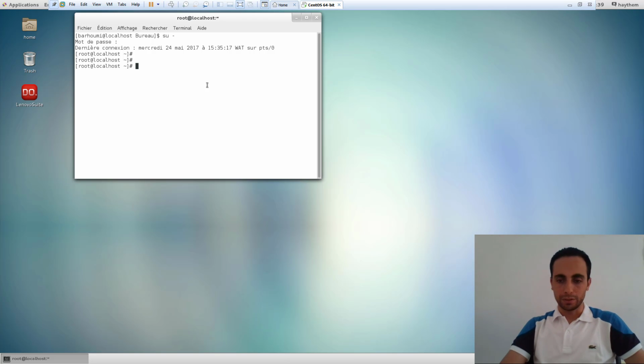If you are on Windows, for example, you can use PuTTY or Telnet to achieve this. Once you are logged into your system, run the following command: